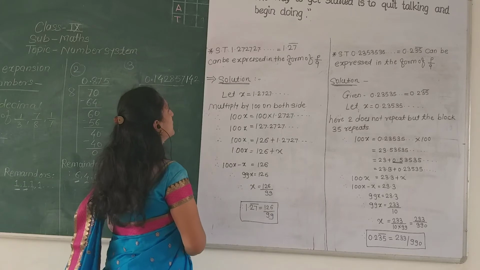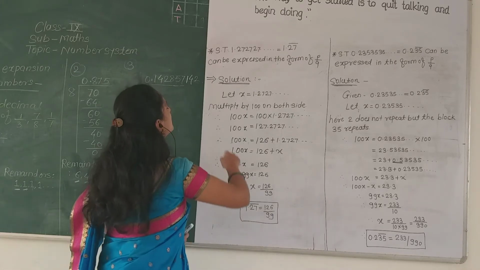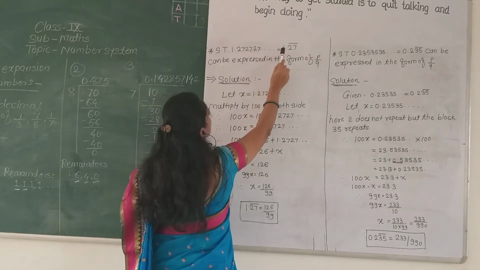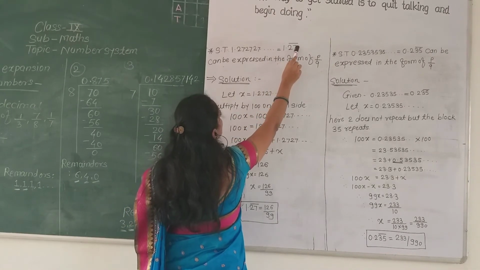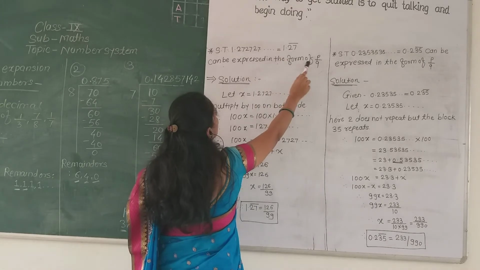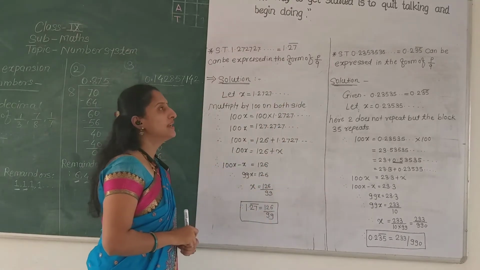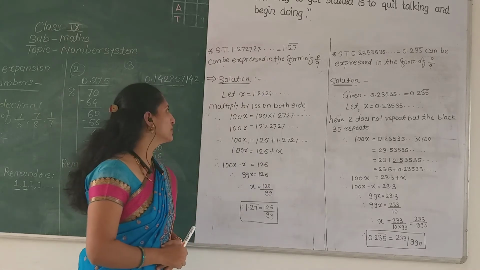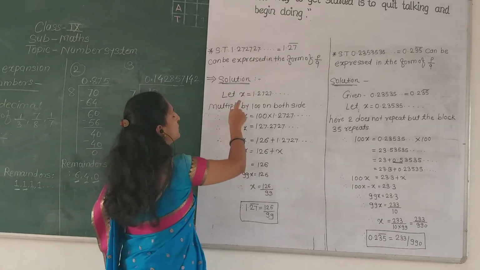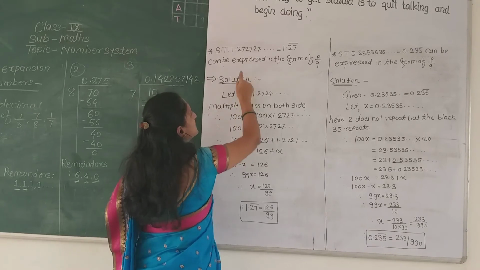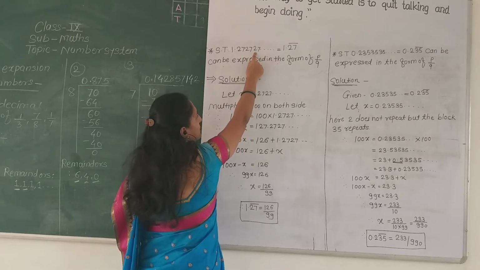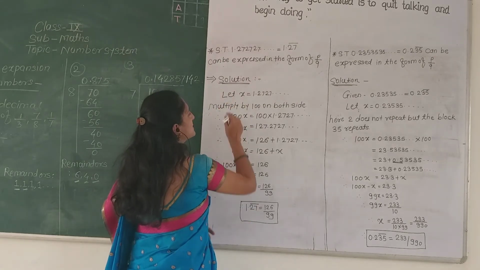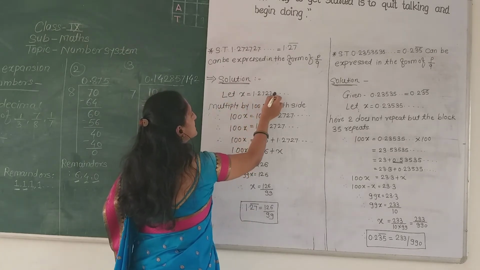Look at one more example of a rational number here. Show that 1.27 repeating, that is 1.272727 and so on, 1.27 bar, can be expressed in the form of P upon Q. Now we have to express this decimal expansion in the form of P upon Q. We don't know that number, since it is repeating the block 27, so we call it x. x is equal to 1.272727.